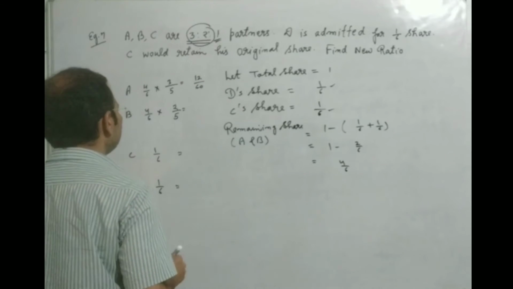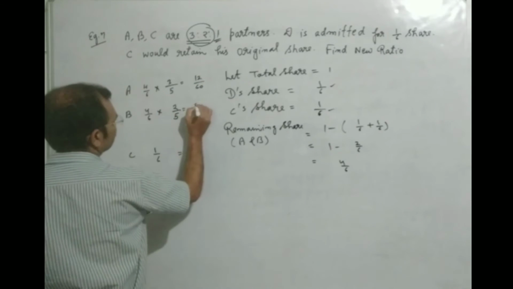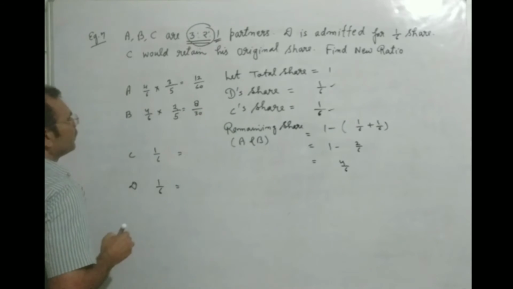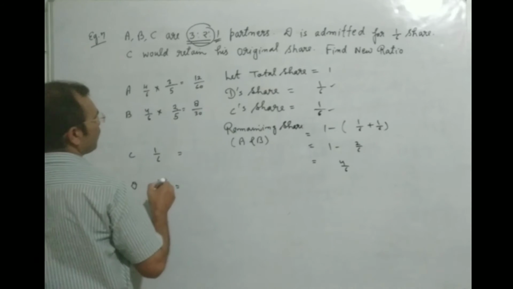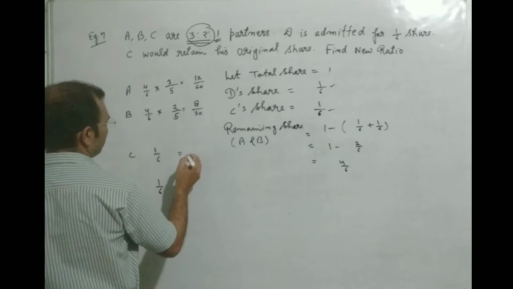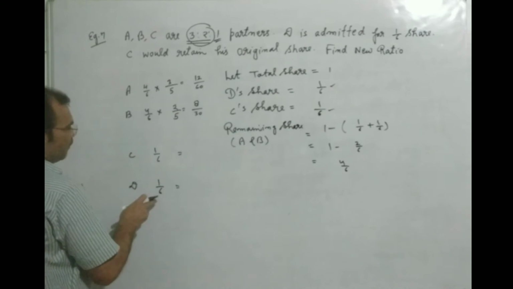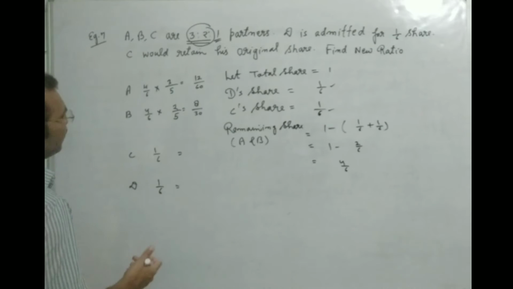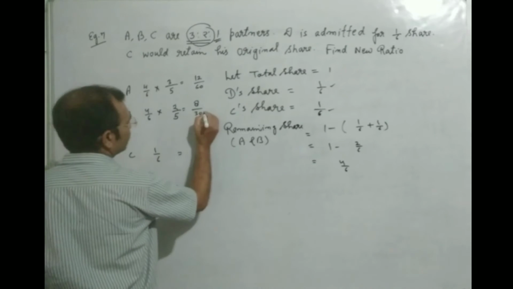12 upon 60 will come. 8 upon 30 will come. This is 1 upon 6 and 1 upon 6. So we will make the denominator equal. If we multiply here 2,